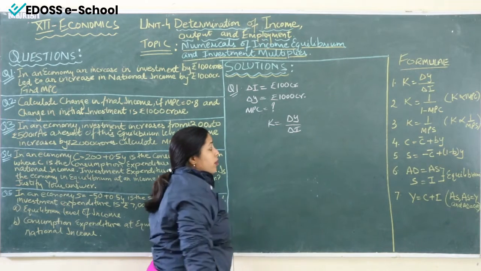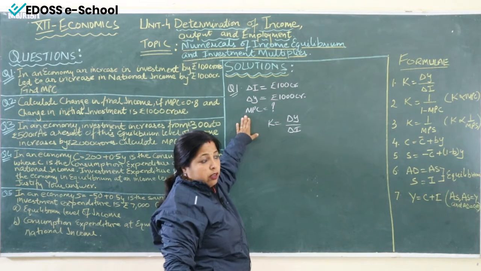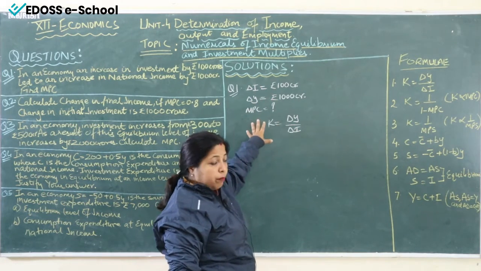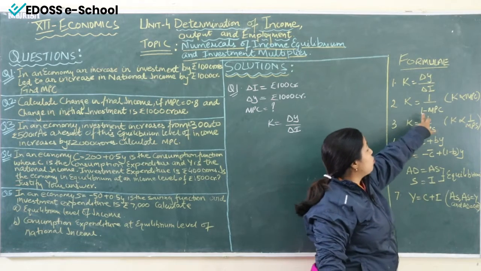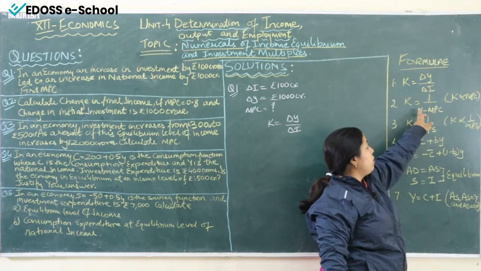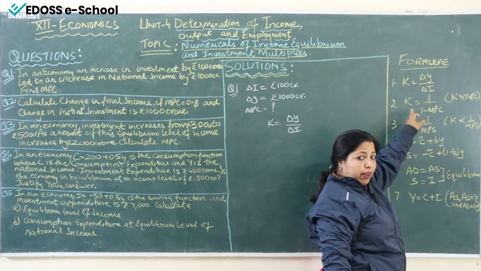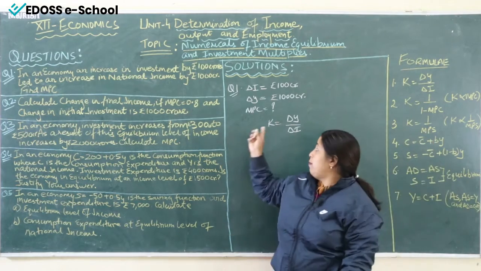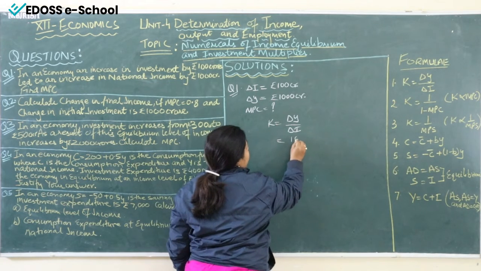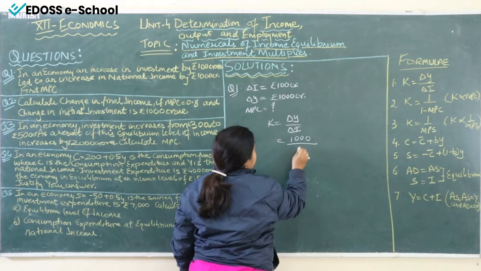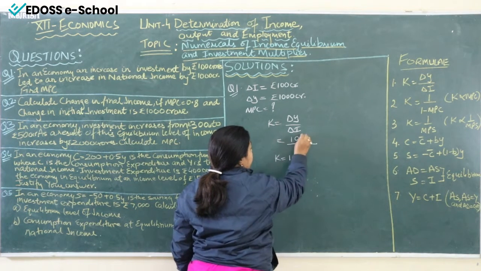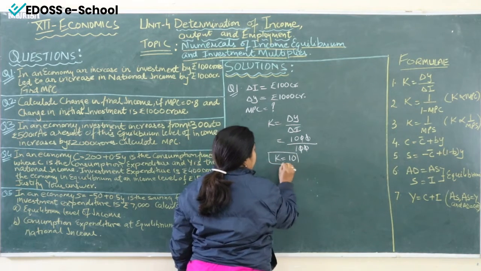Fine. Now see, we have to calculate MPC. This formula we have utilized for the data which is given, but we have to calculate MPC. So, to calculate MPC, we can make use of this formula, because here the word MPC is there. But to find out MPC, we need the value of K. And how will we get the value of K? We will get the value of K with the help of this formula. Fine. So, let us solve it out. Delta Y is given 1000 crores and delta I is given 100 crores. Zeros cancel and K will be equal to 10. See, here is the value of K now.